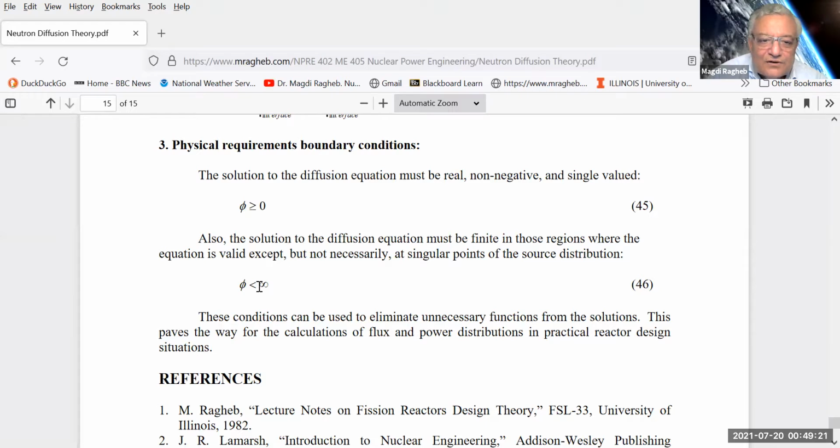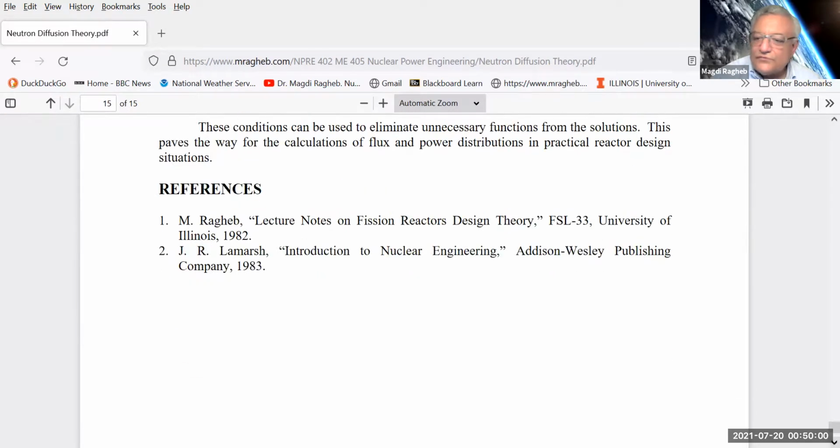And another important boundary condition is that the flux should be finite. We cannot have in the real world fluxes that become infinite. So when you have a solution mathematically that says that the flux goes up exponentially, when we know in real life that it doesn't increase exponentially, we simply drop that equation. That makes a difference between engineers, who deal with real life problems, and maybe mathematicians, who really deal with an abstract world. So in that case, those two boundary conditions will be applied when we solve that neutron diffusion equation